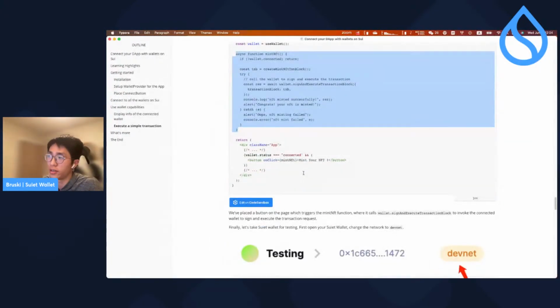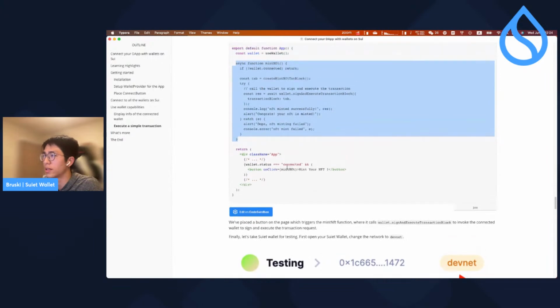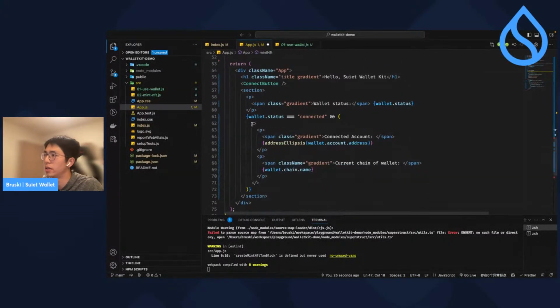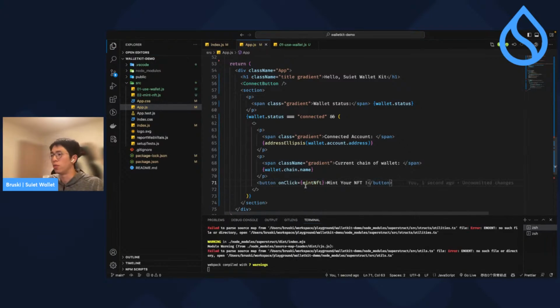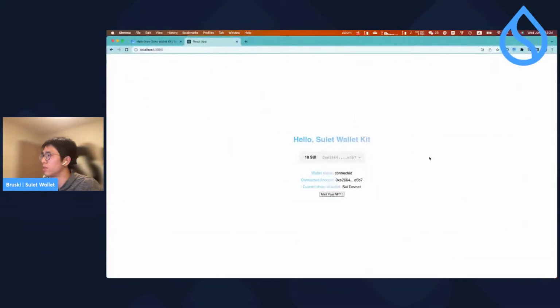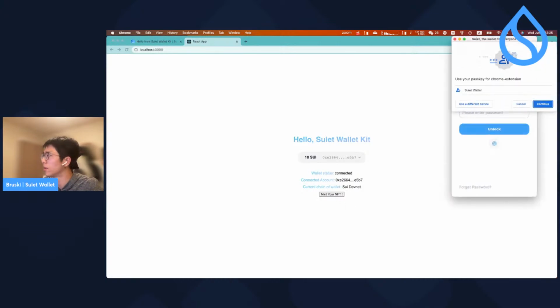Also, we need a trigger on the screen, right? So I will create a button for triggering our function. Now I think we are good to keep going. Now we see a mint button here, and if we click on this,